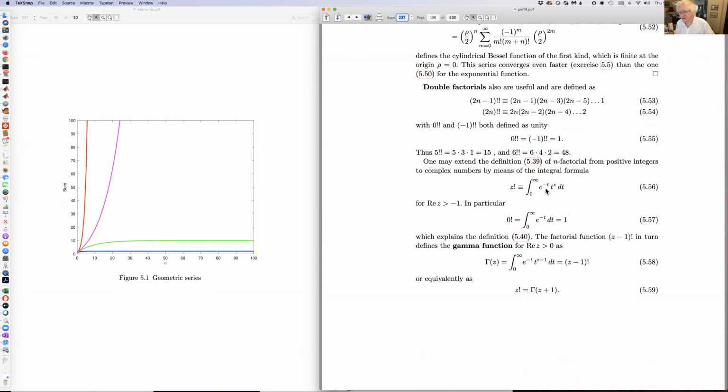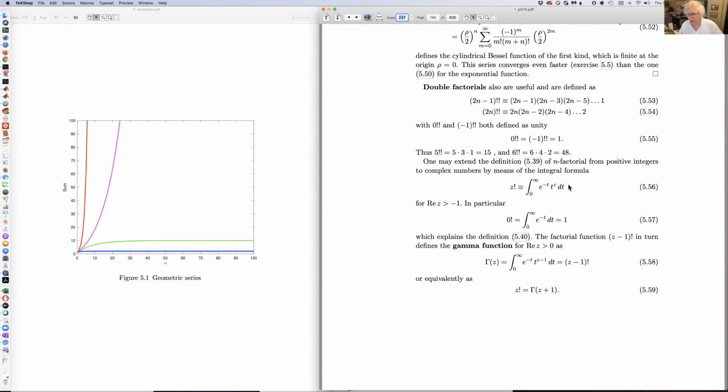And because of the e to the minus t, this obviously converges at large t. At small t, this is essentially 1, and if z is a half, things are fine, but if z is something like minus a half, well, it still converges. But if z is something like minus 2, then this is a divergent